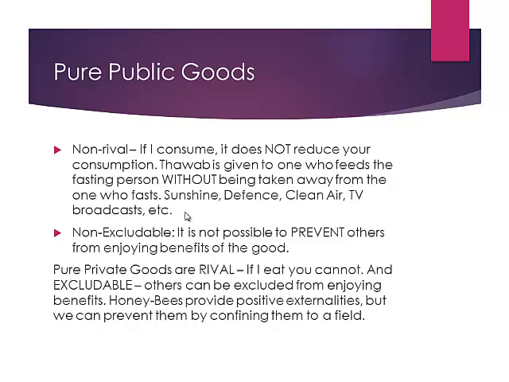So non-excludable. So there's pure private goods. Pure private goods are both rival, that is, if I take it, you cannot have it, and they are also excludable, that when somebody takes it, the other person is prevented from taking it. Honeybees have a lot of externalities, but they are excludable. You can build fences and prevent them from getting in, from getting out. So it's possible to exclude.